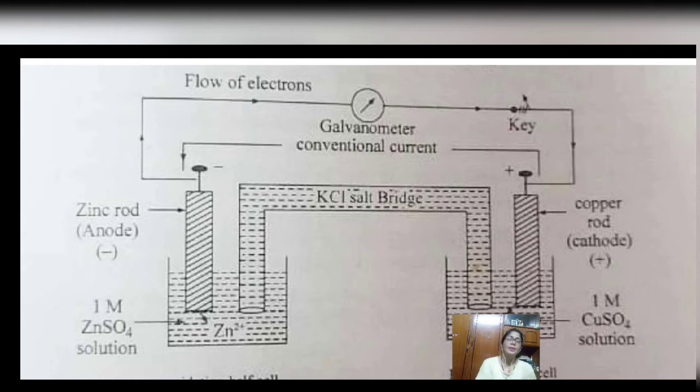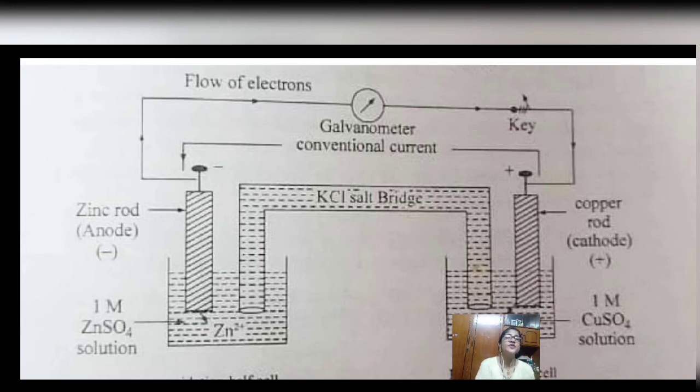Now what happens, since we have zinc metal on the left hand side, it will undergo oxidation, only one reaction can happen, and that is zinc will release electrons and be converted to Zn2+. That means from 0 its oxidation number will increase to +2 and it will release electrons, which signifies that it is undergoing oxidation.